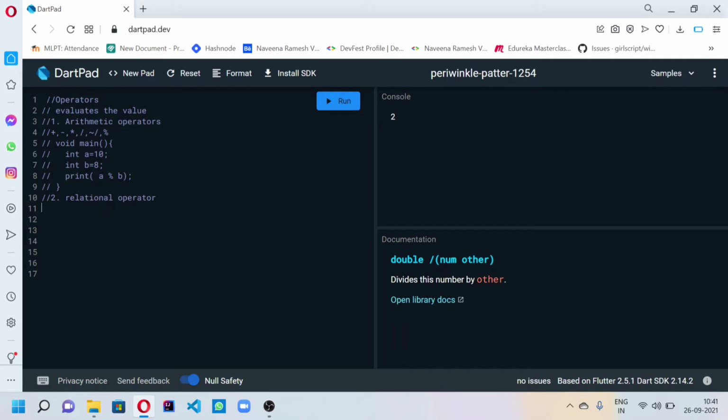Relation in the sense it gives greater than, lesser than, equal to, greater than or equal to, lesser than or equal to, and not equal to, double equal to. Now we'll see one example for that. Already you might know what greater than and lesser than are. I'll check with double equal to and not equal to.